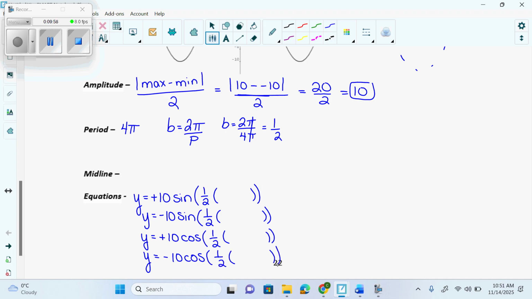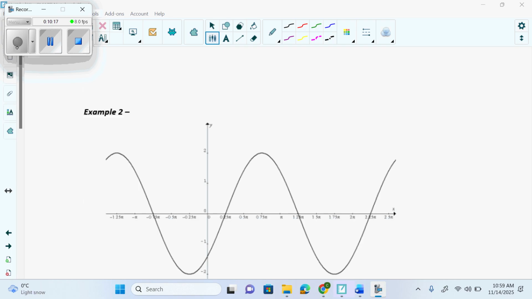Now, like I said to you, your A value is the same for all four. Your B value is the same for all four. Your midline, your D value is going to be the same for all four. The only difference between the graphs is shifting them so they land on top of each other. That horizontal shift. So I want you guys to go try and get the period of every graph and see if you can then come up with the B value. Okay, so for this one,